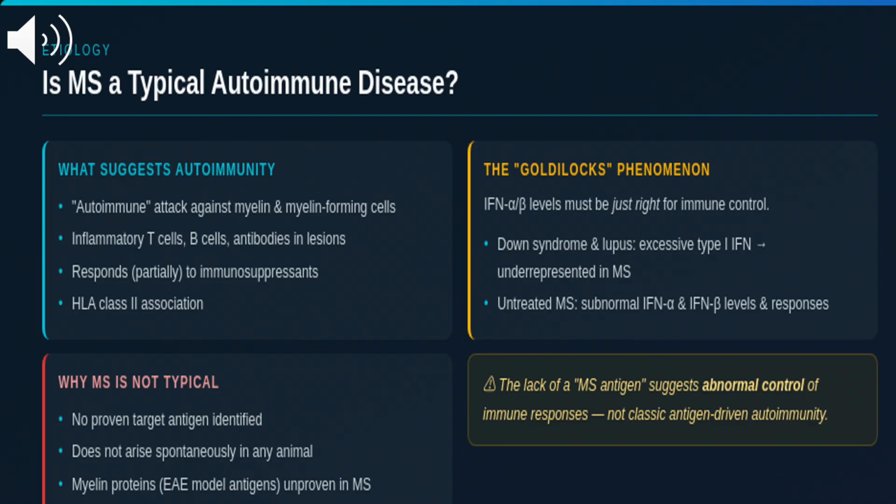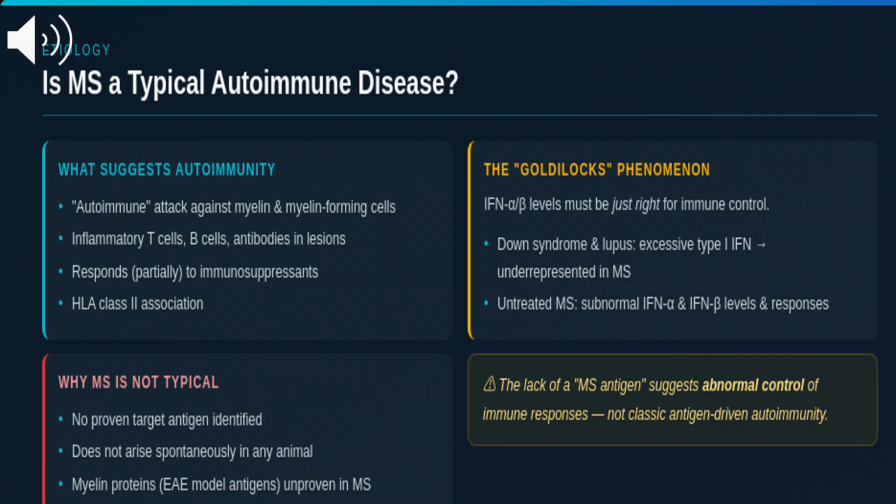Conversely, in untreated MS, IFN alpha and IFN beta levels are subnormal. The interferons have to be just right for immune control, and in MS they are too low, but not in the way of classic hyperactivated autoimmunity. The takeaway: MS likely represents an abnormal control of immune responses that permits inflammation in the brain, rather than a